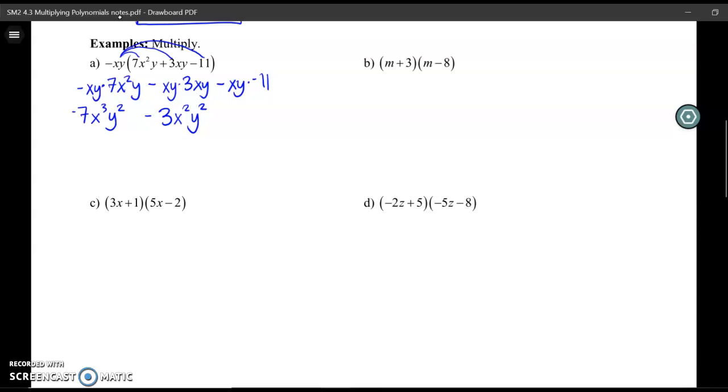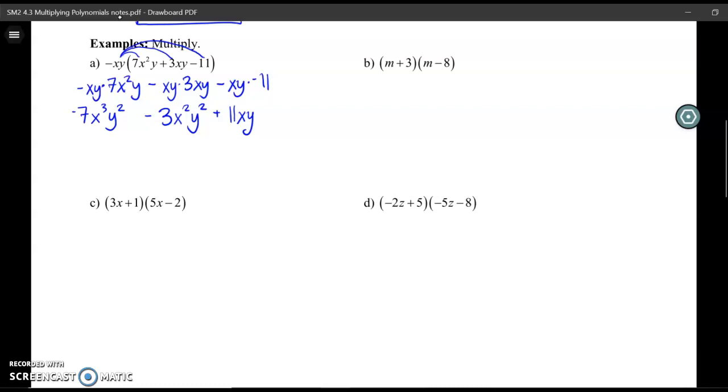Remember when I multiply two negatives together, it turns into a positive. So I'm going to be adding 11 times x times y. Okay. And I've already written this in standard form. Well, first of all, we don't have any like terms because if you look at the exponents between the variables,